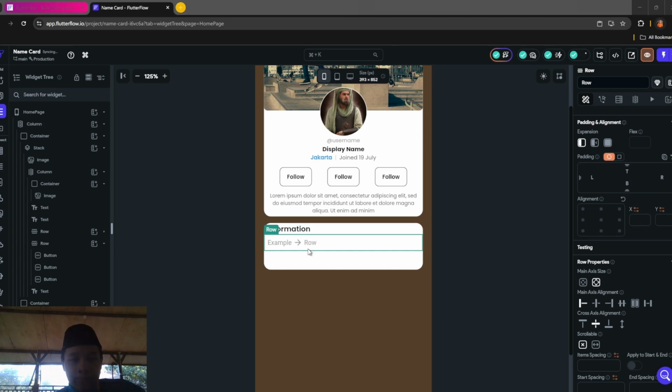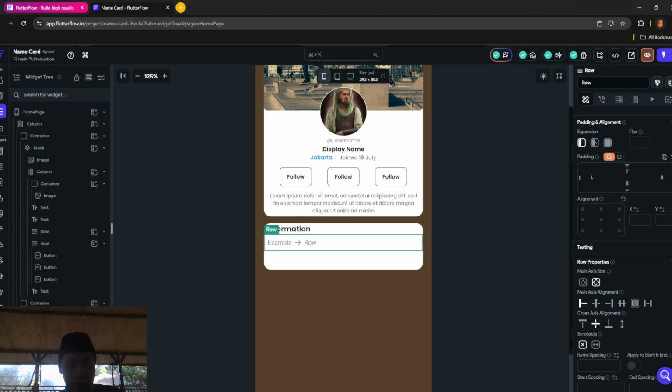After this you want to add a row, so after this row you want to make maybe just one first, and then insert a row, you want to add a row again.